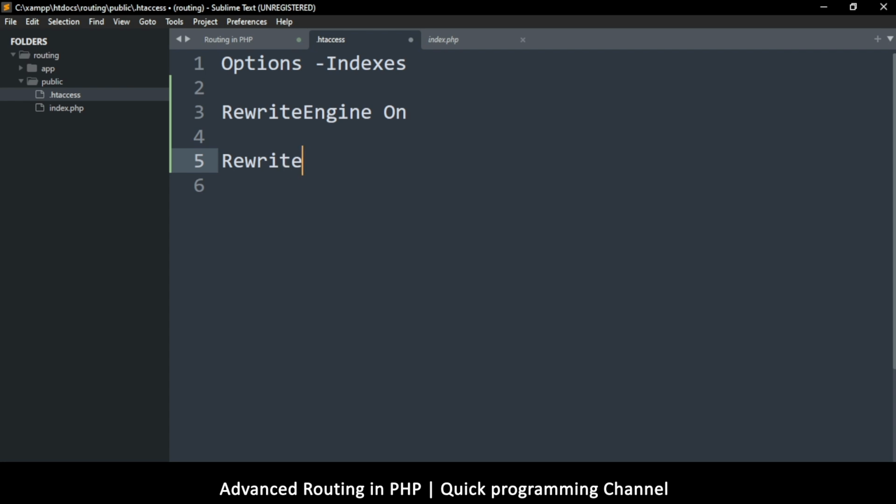So there's a rewrite rule here we're going to create. And the rule goes something like: select everything from the beginning, dot star, which means any character of any length, from beginning to end. Send all that into the index.php file. However, create a GET variable called URL and put in whatever content you matched here, which is everything,